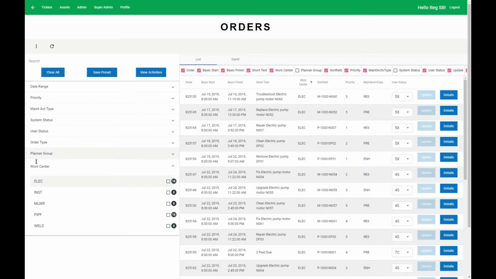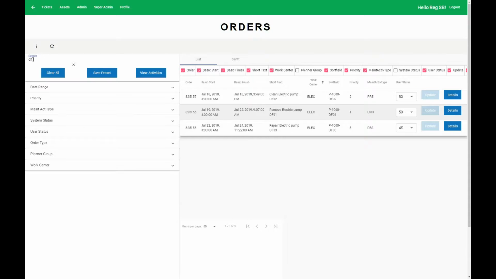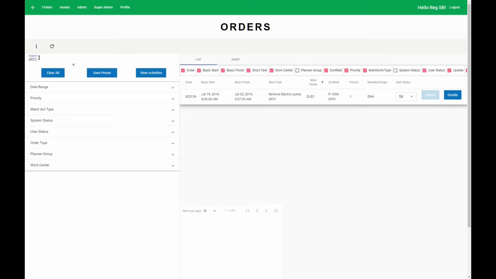In addition to the filtering section here, we can also do a search. And if I type in a search parameter, the list immediately is filtered to only show records that include these characters or digits. And if I wanted to have more than one search item, so for example, DF01 and DF02,